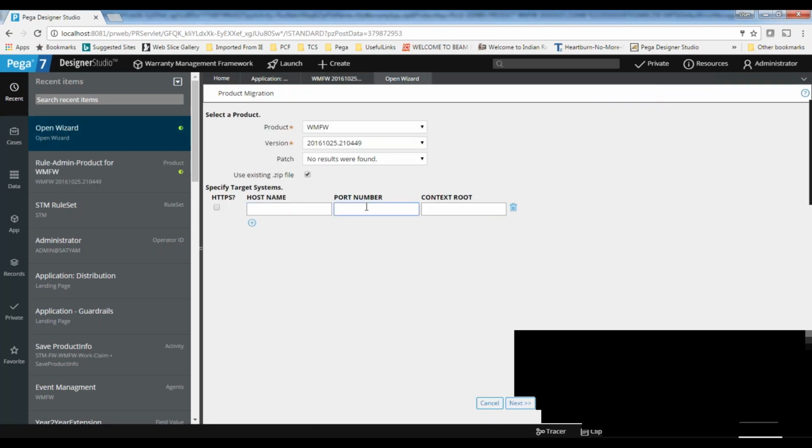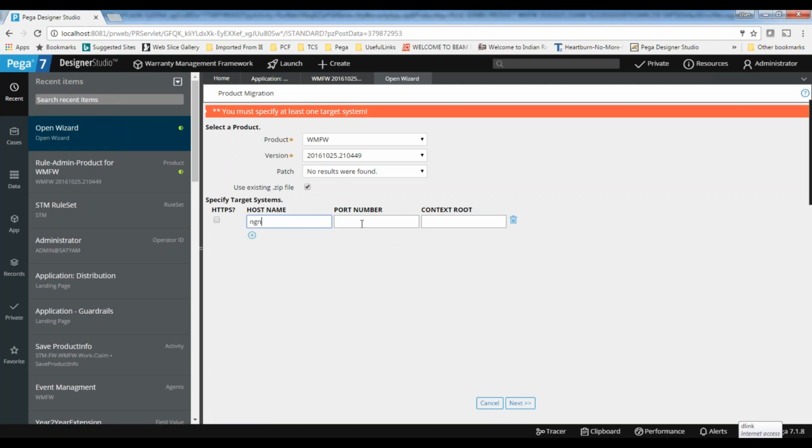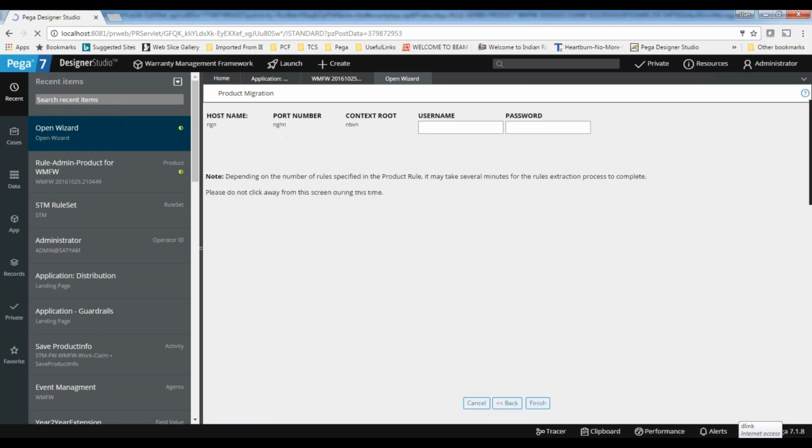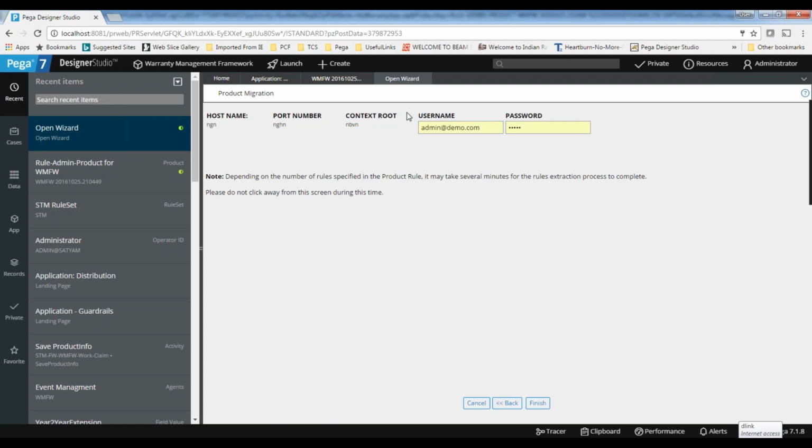So if you want to manually import it, you can do it like this. If you want to automatically import everything in the testing environments, this is used to import the same code in multiple systems. You can connect to multiple systems and just click Next. But we don't have any systems. Generally, if you go to the next system, this will come like this, and then you need to finish it. So automatically the product rule will be migrated and installed in that system. This is just like automating the importing process.